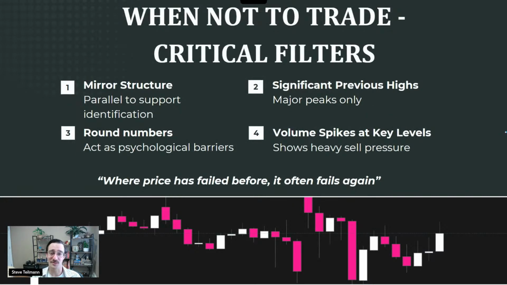So we've talked about when to trade and how to identify that, but how do we identify when not to trade? So some critical filters that I think are super key here are essentially,